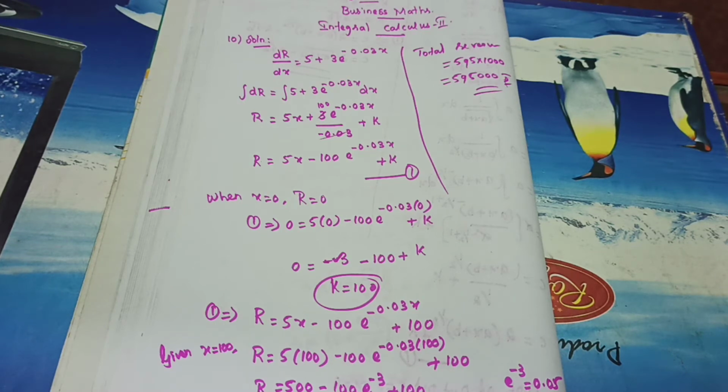Okay. So in thousands they asked, so you multiply with 1000. Listen, in your question, if they have not asked in thousands, you need not multiply with 1000. In this question, they asked in the first line in thousands of rupees. If they have not asked, please don't multiply with 1000 at last. Understand? Okay.